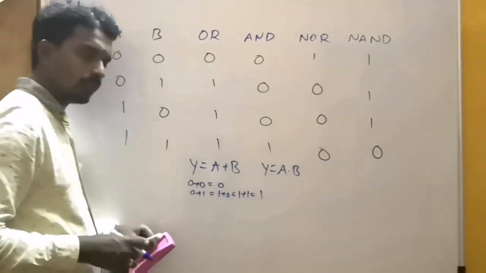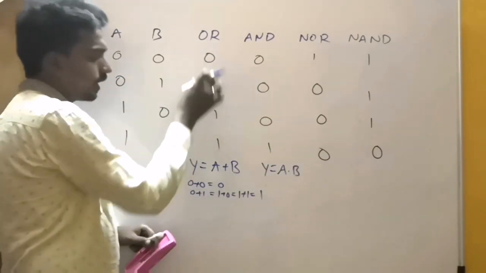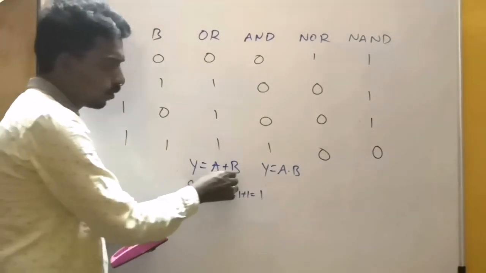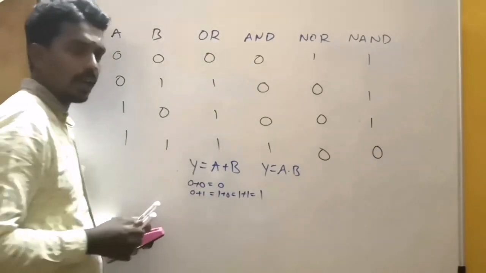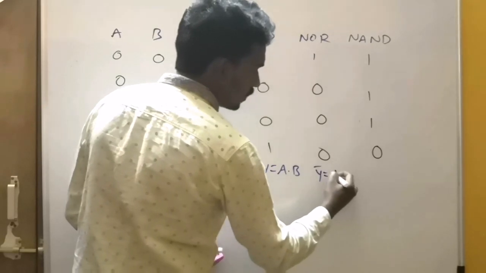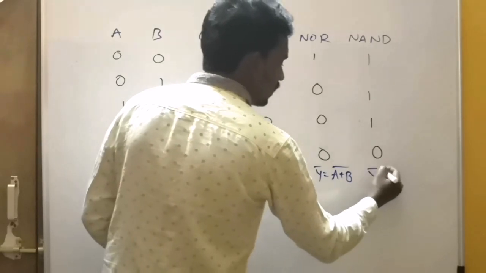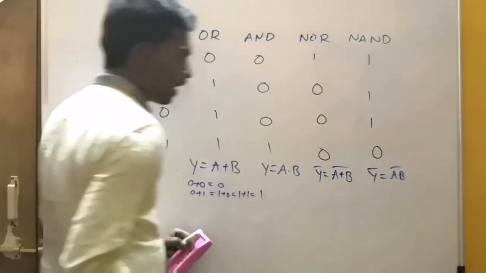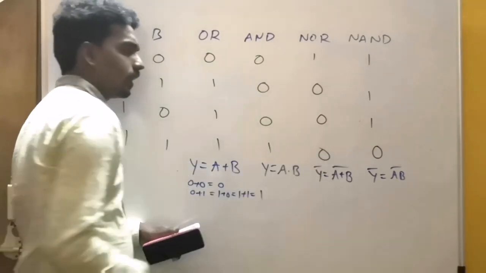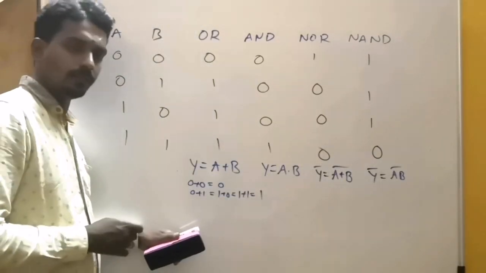1. Similarly, the AND gate we represent with A dot B, or simply you can write AB. So it is like a product. The OR gate is like addition. AND gate means the product of inputs, and OR gate is addition. This is called the Boolean expression. This is the Boolean expression of the OR gate and AND gate. Similarly, here Y bar is A plus B whole bar, and Y bar equals AB whole bar, A into B whole bar. So this is the Boolean expression.